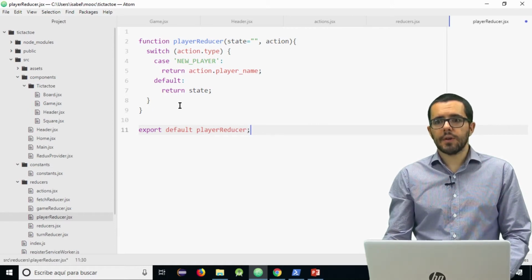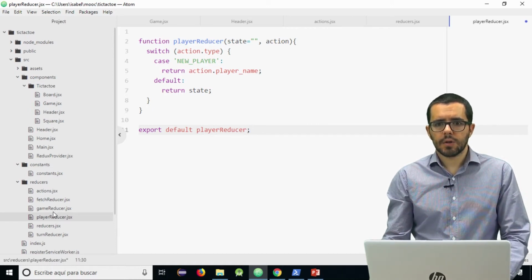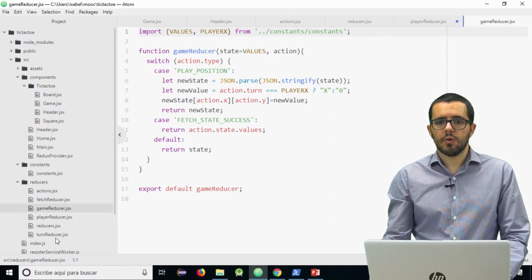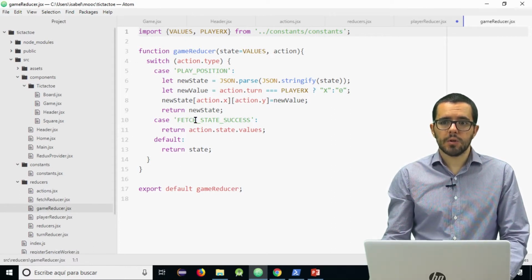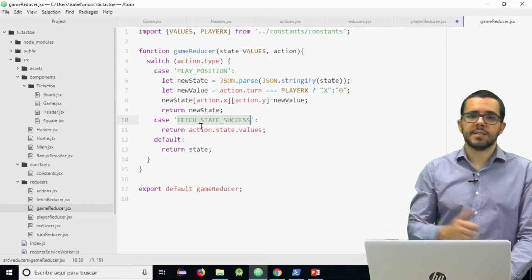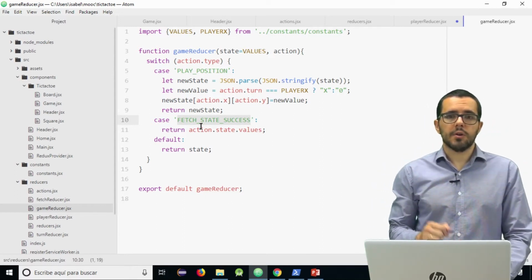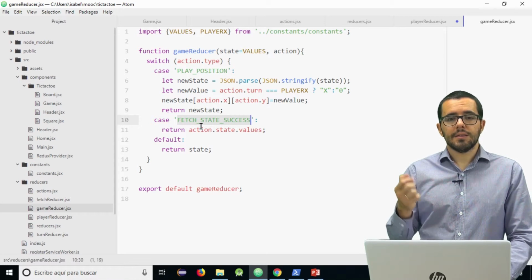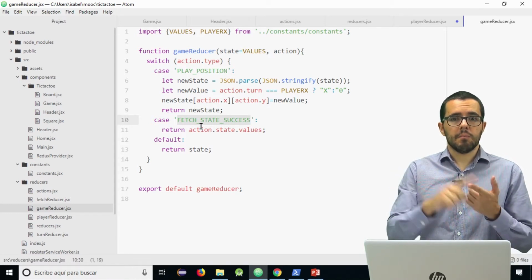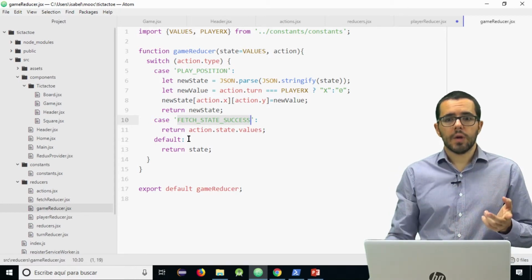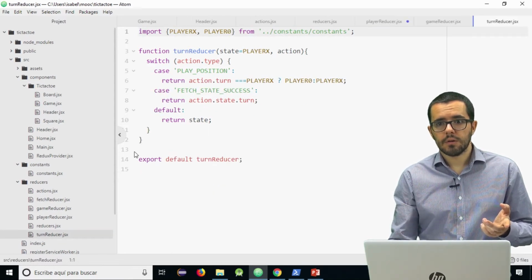And we have to consider another case. Look here into the game reducer, or in the turn reducer. We have the action, but we also have the fetch state success action. Why? Because when we fetch data, in that data we have the values of the board, we have the turn.